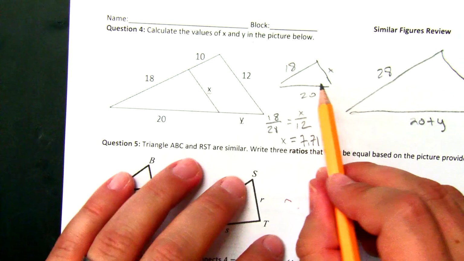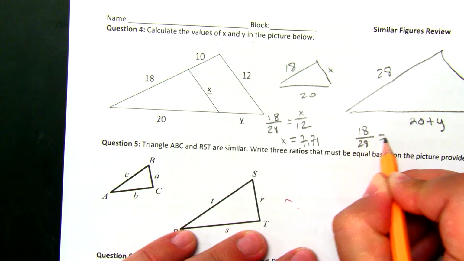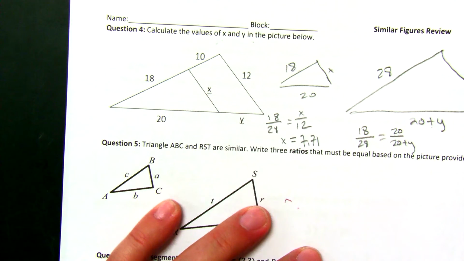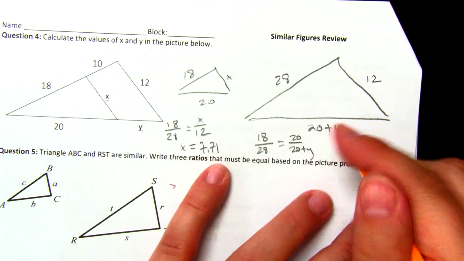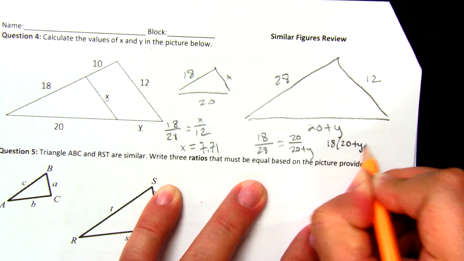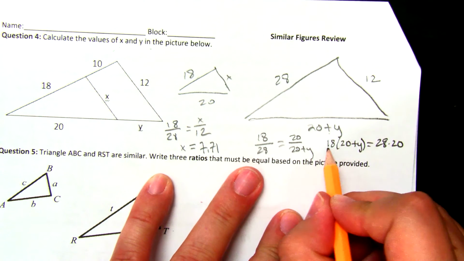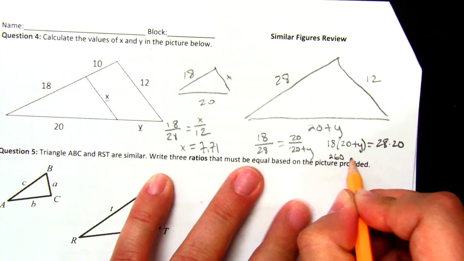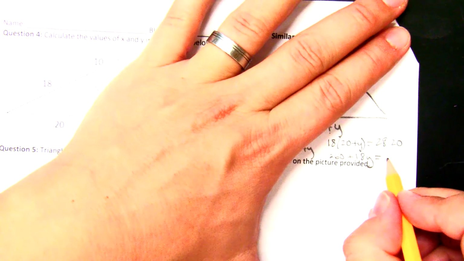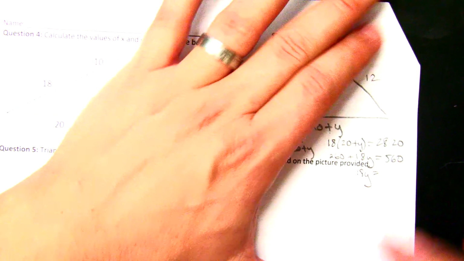And then if I want to solve for y, so that gives me x. Solve for y, I've got 18 over 28, again, because I know that, equals 20 over 20 plus y. I have to be careful that I set this up right. When I do my cross multiplying, I get 18 times 20 plus y equals 28 times 20. Now I have to distribute, so 18 times 20, that's 260, plus 18 times y equals 28 times 20, which is going to be 560. And then I go through and solve this. 18y equals,